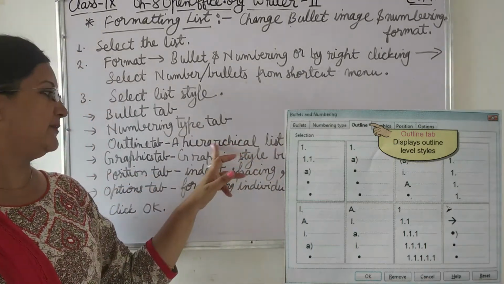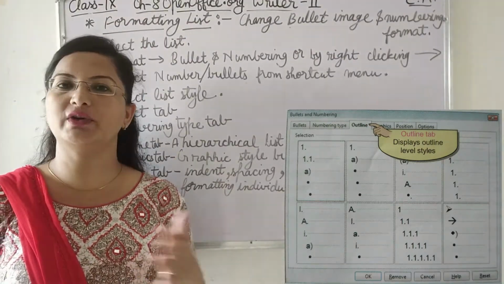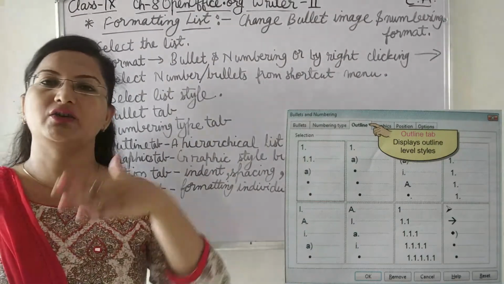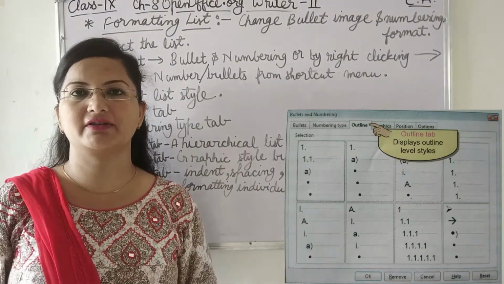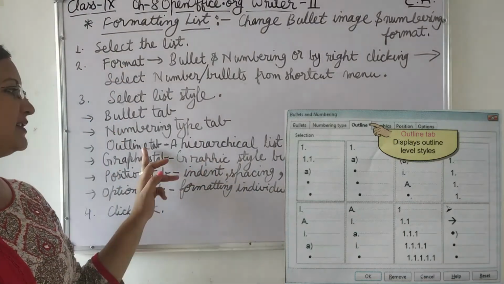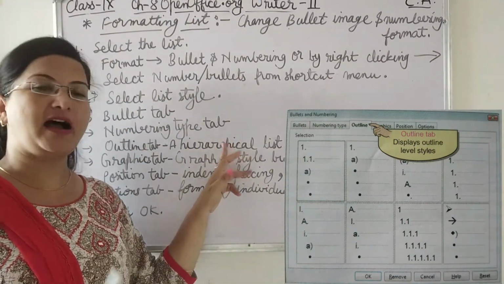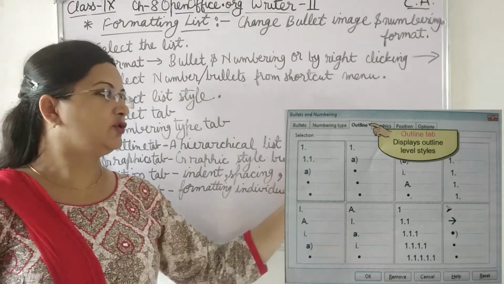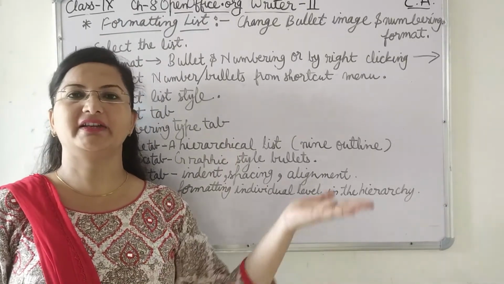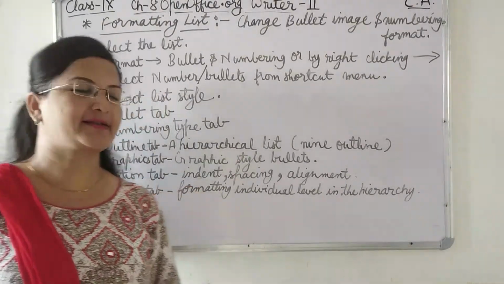Now this one is very important because in bullets you can only set bullets in all the levels. If we are choosing numbers, then we can only set numbers in different levels. But if we want combinations of both and all the styles, then we can use the outline tab. We will be able to see the hierarchical list. In various hierarchies, there will be a total of 9 outlines, already designed. We can directly choose those designs to apply in our different level lists.